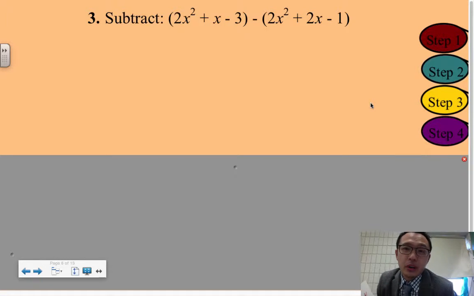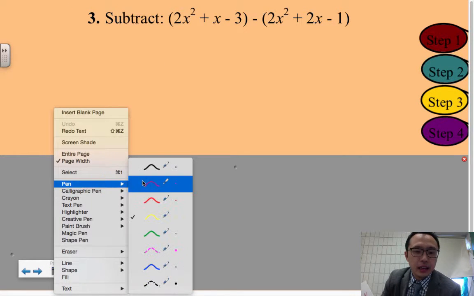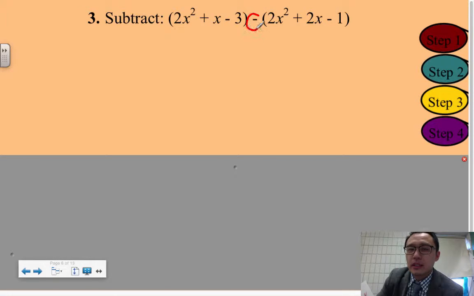So here's one example problem of subtracting polynomials. You can see right here we have two brackets, subtract another bracket. So how do we do this? Remember from the last video, if you watched it, the subtraction sign is a little bit tricky. One way of looking at this is to imagine that there is a negative sign, which is a -1, and you're going to distribute this sign and multiply it with every one of the other